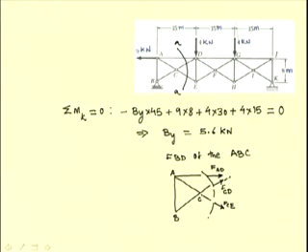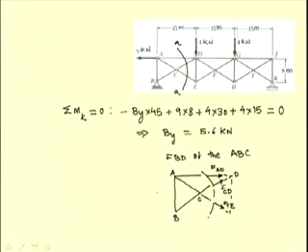We also see from geometry that these two forces are concurrent at D, and these two forces, that is FCE and FCD, are concurrent at C, and the forces FCE and FAD are concurrent at A. From this free body diagram, we can now write the equilibrium equations to determine these three unknowns.